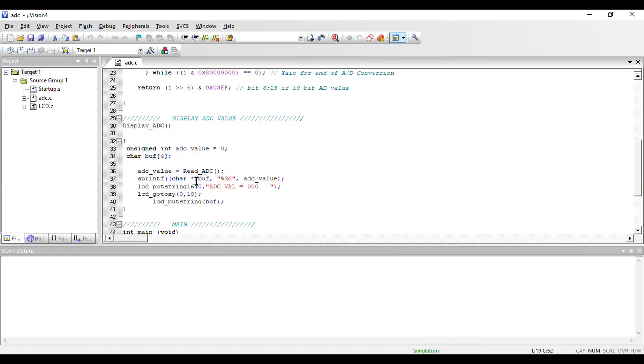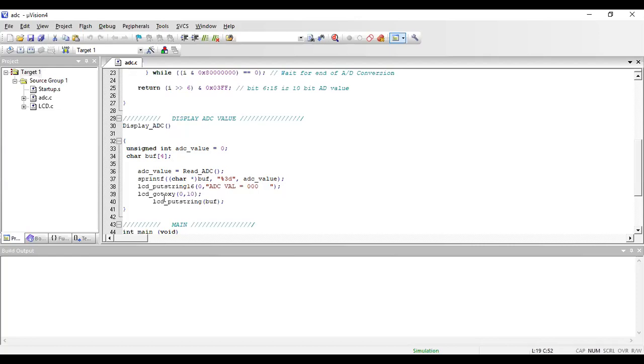Once the data is readily available in string format, we call LCD put string. This is our inbuilt function which is available for us to use. So we call that function in order to display ADC value equals 00, that means the value whatever you wanted to display on the LCD screen.